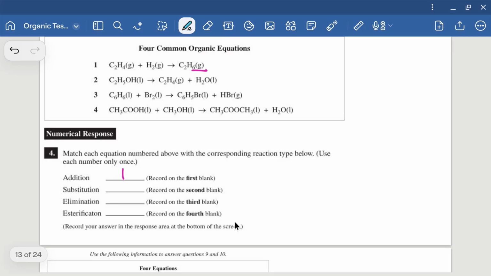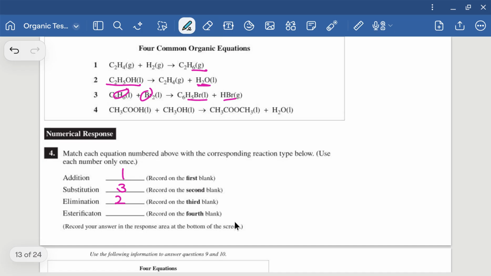Substitution, you still have 2 reactants, but you also have 2 products, and we're just swapping something. So it looks like that will be number 3, because it looks like your bromine and a hydrogen are going to swap places, making 2 new molecules. Elimination, you start with 1 molecule and something gets eliminated off, usually water or some smaller molecule,